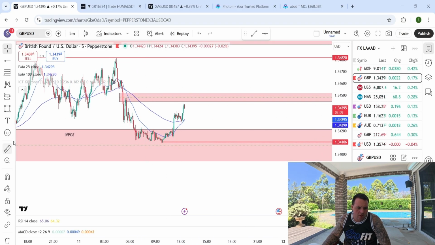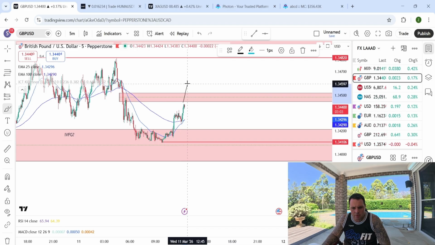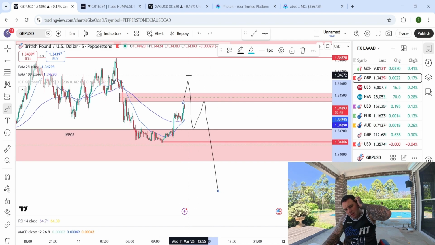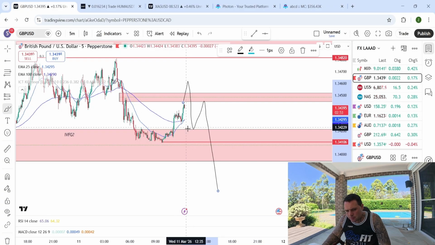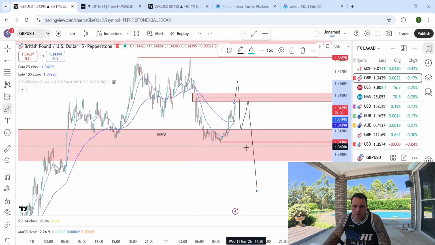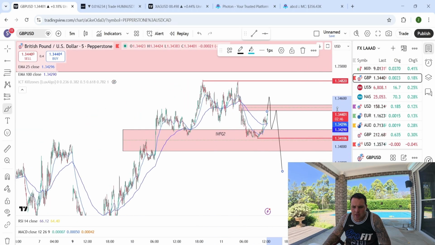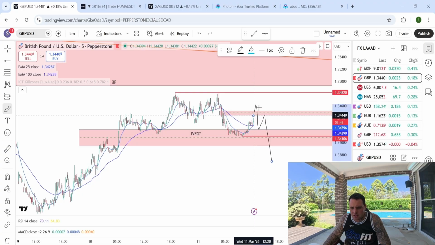I'm going to leave this drawing on here so we can reference back to it later, but we want price to sweep through here, and it'll probably bounce something like this, but it'll go through. So we want price to come up, come down, and we'll probably be looking for our entry somewhere in this range. So this would act as the new lower high, and then we'll be looking for our